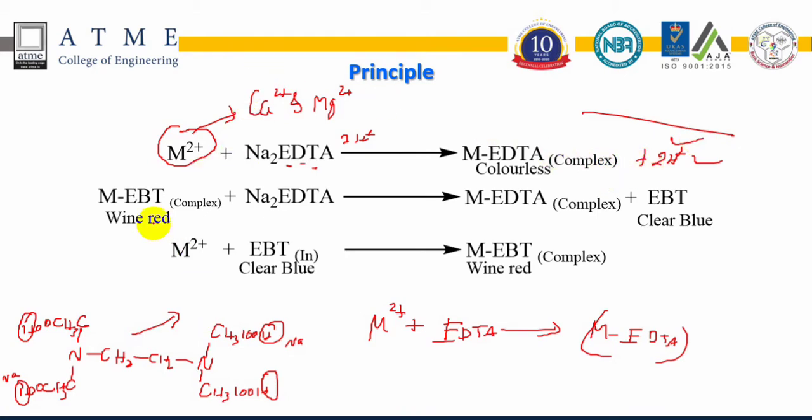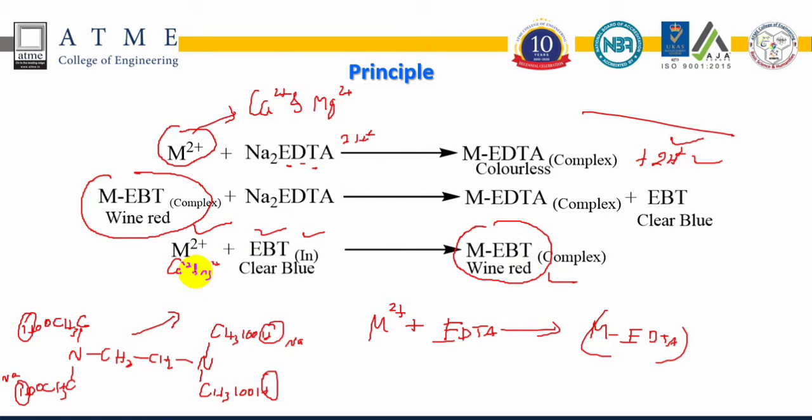When you add the EBT indicator, it reacts with the metal and forms the metal EBT complex. The color is wine red. The indicator color is blue, but initially it turns wine red due to the reaction between calcium and magnesium ions. Further, the remaining metal ions are titrated against